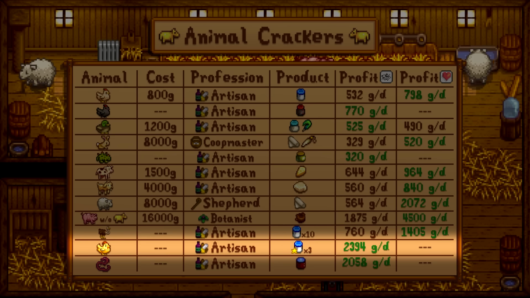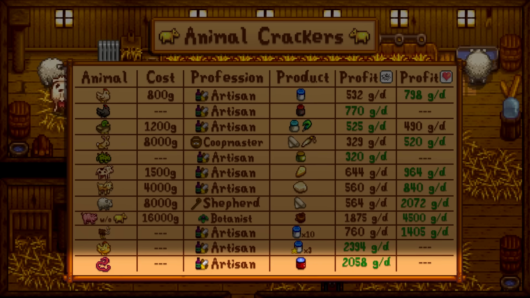Golden chicken, while it's a super high number, remember you can only get it after perfection, so it's not the most useful in most regular playthroughs. And lastly, we have a lava eel pond with the animal cracker. This is only if you sell the roe, not any of the other products. And as you can see, it also does very well for itself, although it's quite a bit to set up